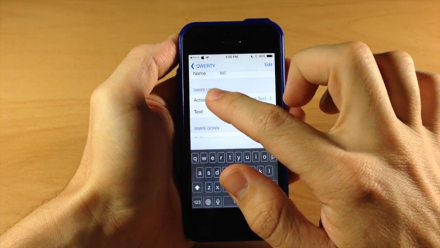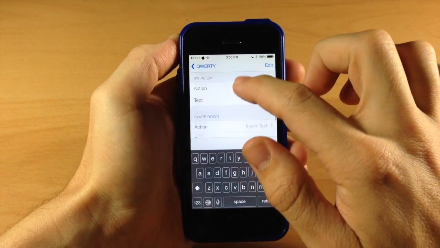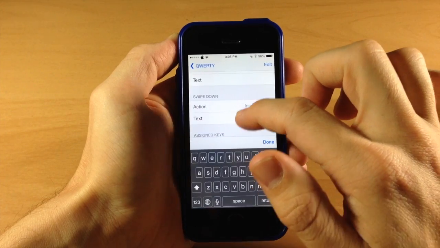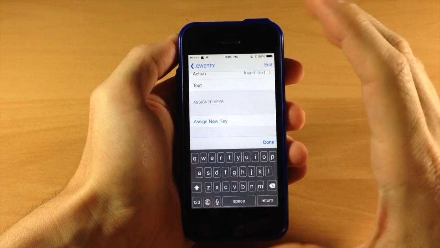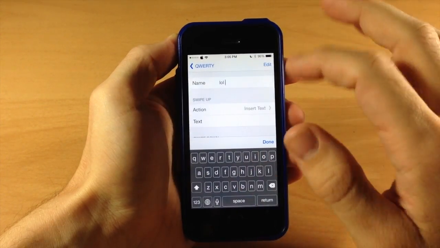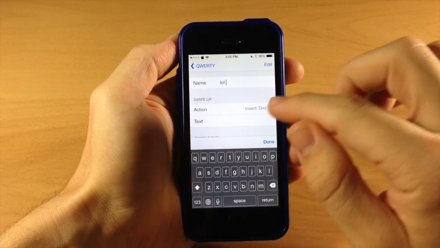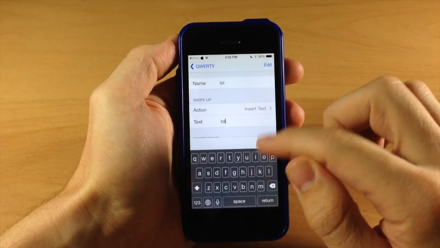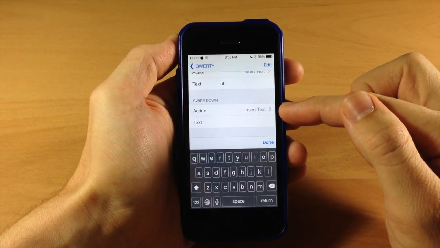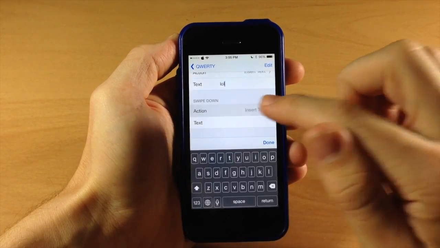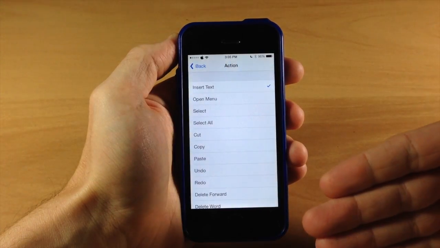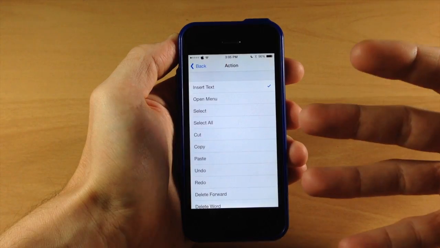And then right here is where you're going to set up what happens when you swipe up on the key, what happens when you swipe down on the key, and then right here is where you're going to assign it to what key. So we're just going to change this up. We're going to leave this as insert text, so the text is going to be LOL, and then right down here is where you're going to change the action for the swipe down. So I'm just going to tap on insert text and kind of show you everything that you can do in terms of actions instead of just